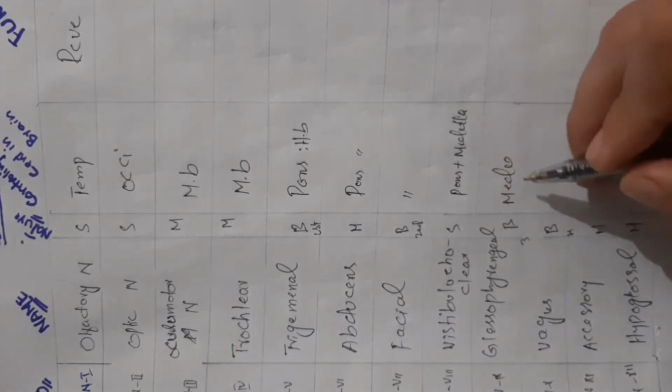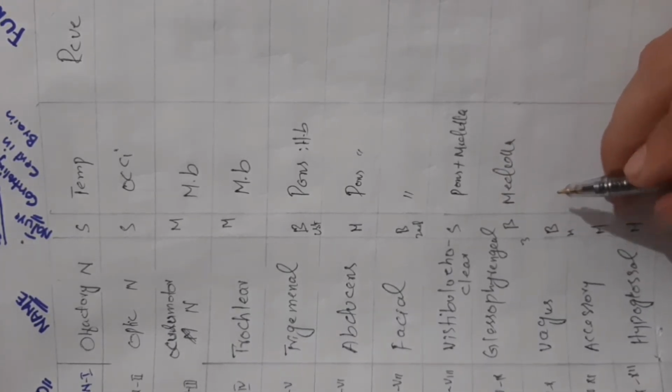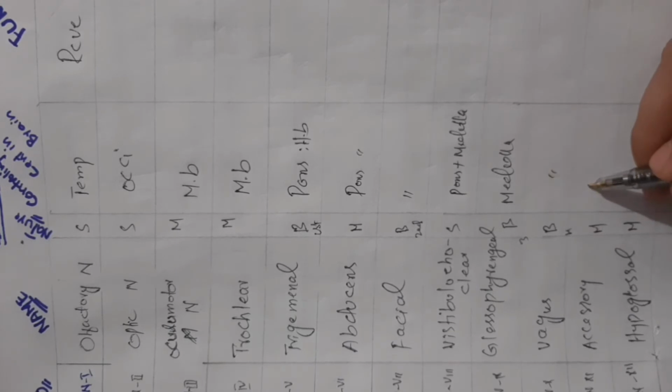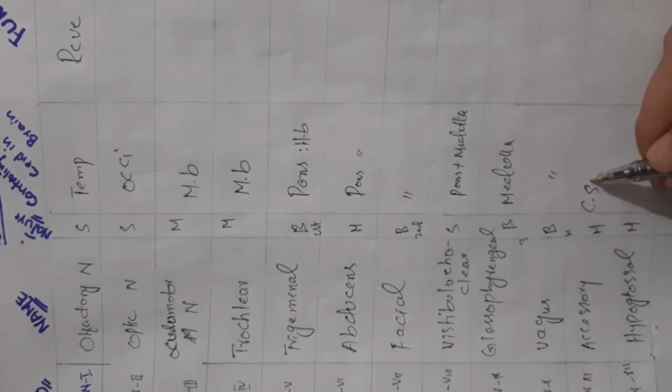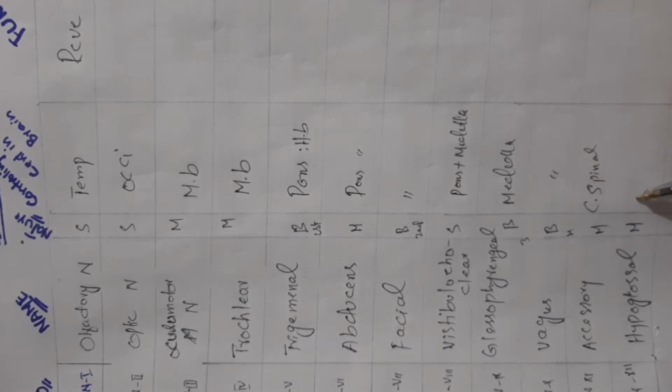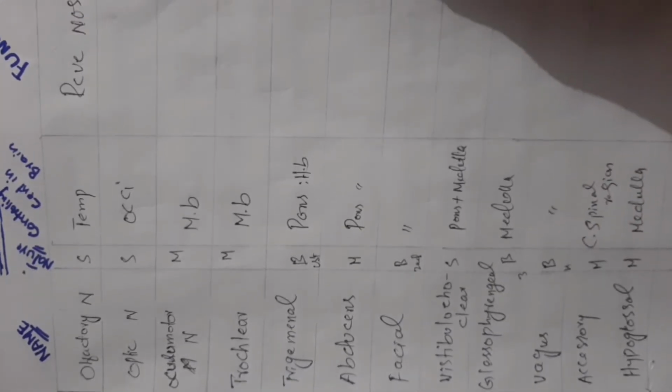Vestibulocochlear nerve is arising from the pons and medulla oblongata. Glossopharyngeal nerve is controlled by the medulla. Vagus is also controlled by the medulla oblongata. Accessory nerve is controlled by the cervical spinal region in the neck, and it is responsible for the neck movement, and the hypoglossal nerve is controlled by the medulla oblongata. So these all nerves are controlled by the